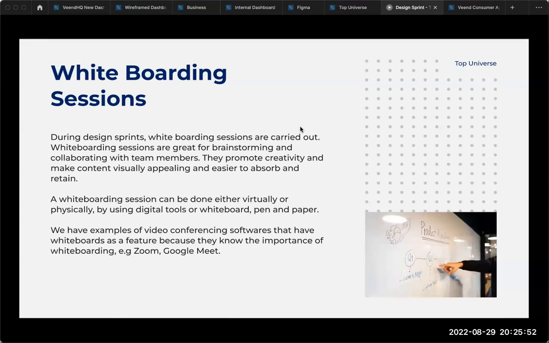So I mean, pen and paper is actually good, but it's small. Not everyone can see it, especially if you're using a big paper or something. But the purpose of the whiteboard is to make everyone see it, to make it visually appealing, to make it visually stay in your mind. Not just that you're just thinking about it, but you can see what is actually happening. So let's move on to the next